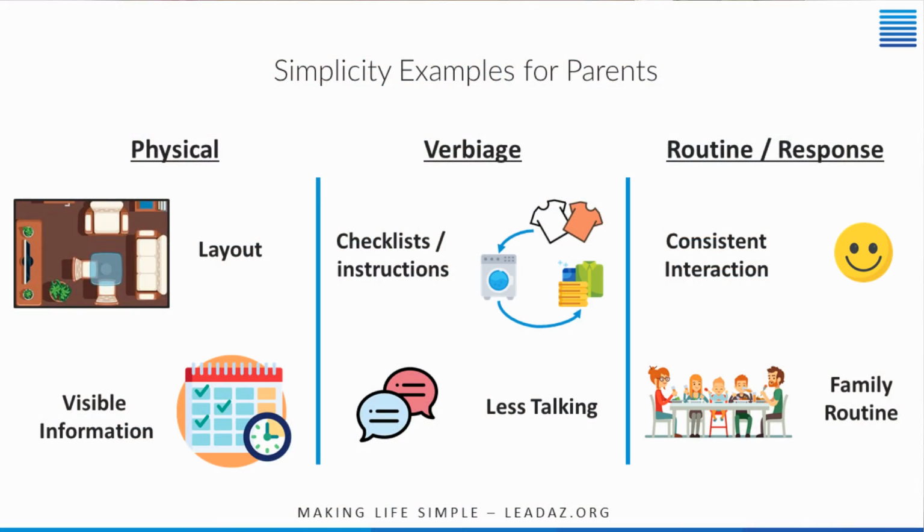Even with these videos, I'm hoping this will be less than 15 minutes, because if this goes to 20, I know you're not going to listen to all of it, right? So simplifying verbiage means also shortening it. Don't talk as much. And that's pretty simple, right? Okay. Now going to the third. The third is a very simple idea, which is routine response. If you can make sure that whenever you interact with your children, you always do it the same way, your response is always the same, that the routine of the family is always the same day in and day out.